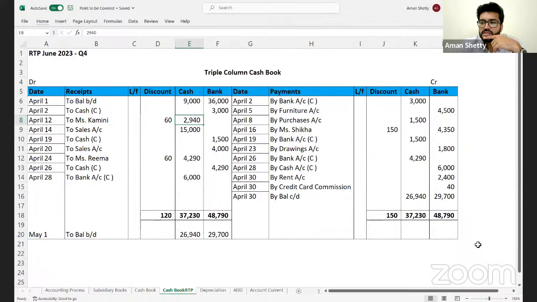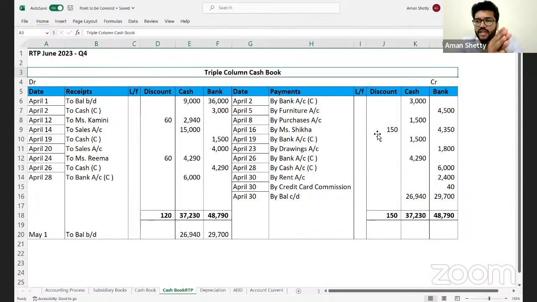Sir, till then, can you please differentiate between simple and analytical cash books, sir? Petty cash books. Simple is just one column. You have your receipts, and if I do not have the discount and bank column and I'm only recording cash, imagine the same cash book without the discount and bank column, that is my simple cash book. Is that clear? Now you are talking about petty cash book or simple cash book? Simple petty cash book. Same way, if I have petty expenses instead of these major transactions in the same format, I call it a simple petty cash book. The format will be the same.